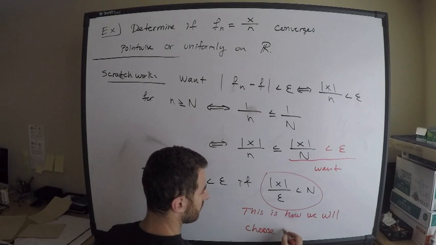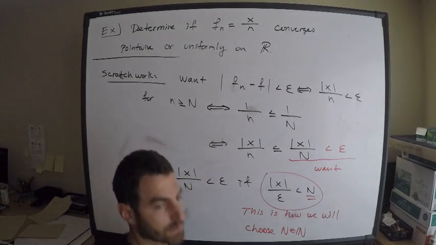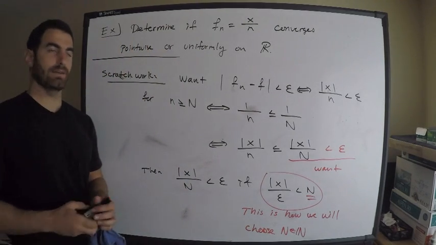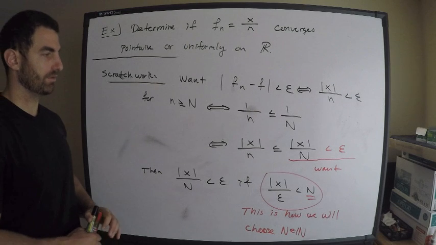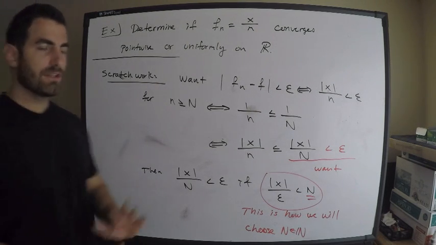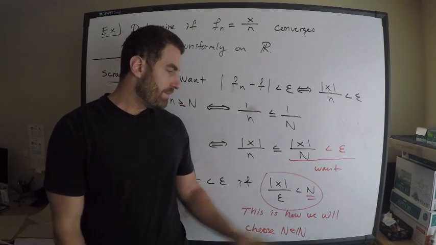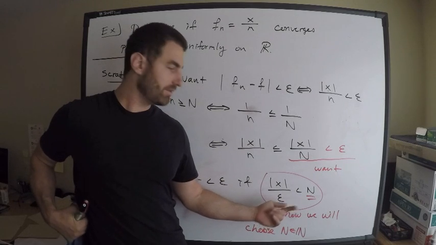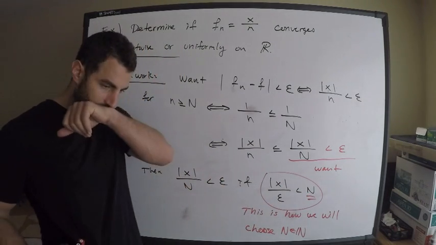Remember that this is what we have control over. In these problems, capital N is what you actually need to find. Finding the correct N is what will actually prove the result. So now, think about this for a second. What we're going to do is we're going to say the following. This is why people get so confused. I'm going to say, look, pick N greater than absolute value of x over epsilon. So notice, N depends on x and epsilon, pointwise convergence. Okay?